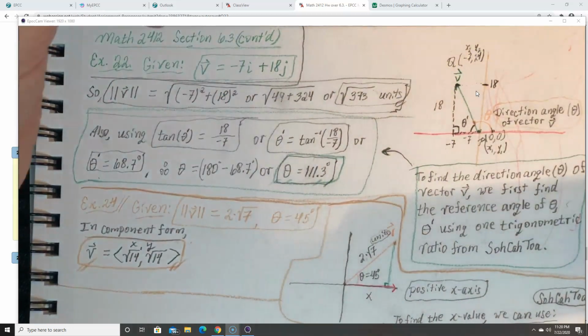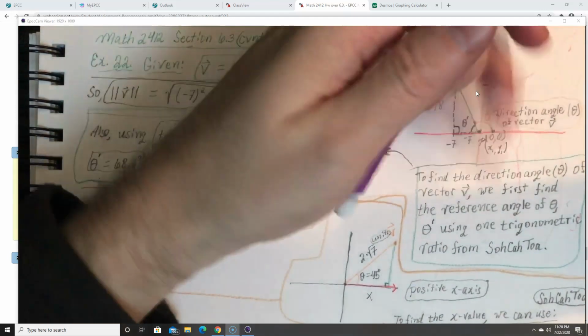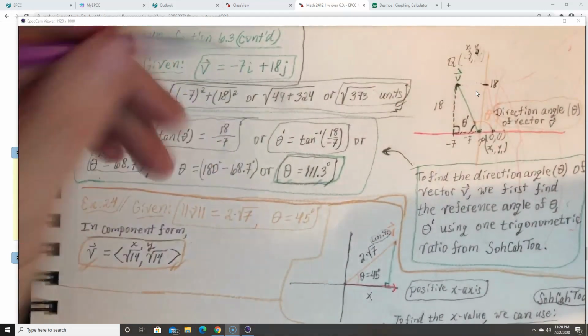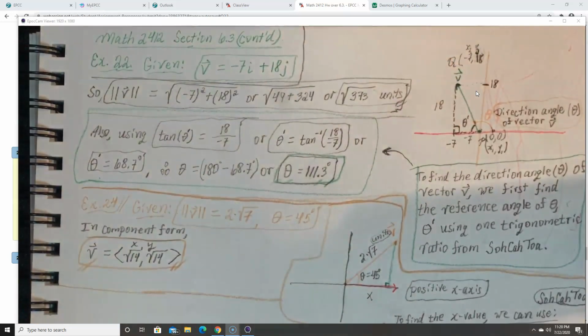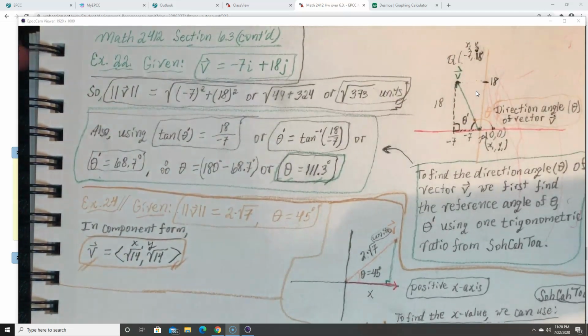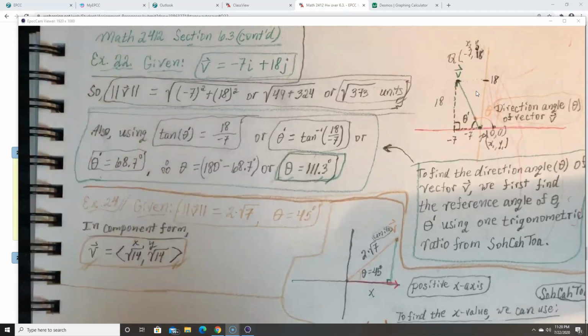I don't know where I got a 24 from. It was an 18, so sorry. I don't know where, I guess there's a 24 here. I don't know where I got it from. It's a mystery. Anyway,